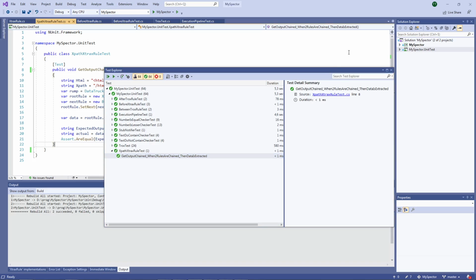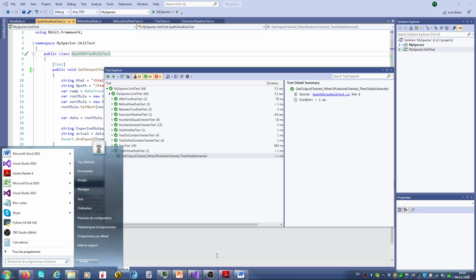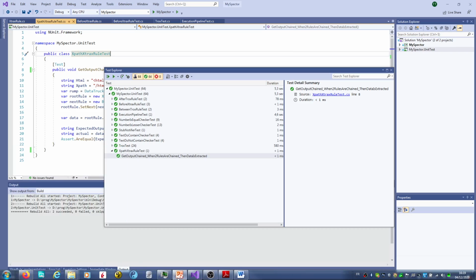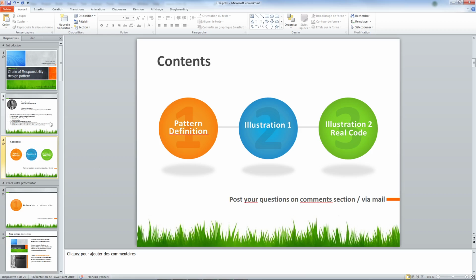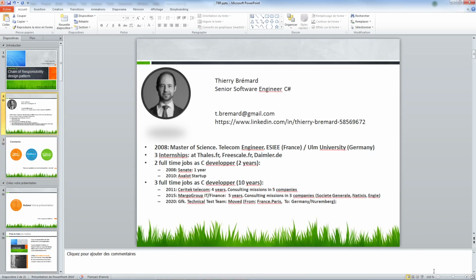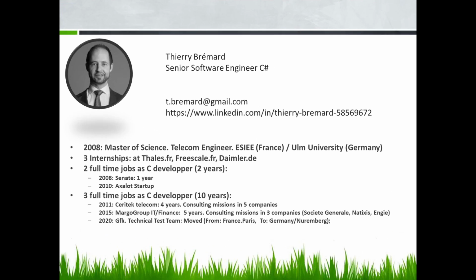So I wanted to present this design pattern, and I think a lot of people are not aware of this powerful design pattern. I have worked in some missions, and for one application there was not this design pattern, and I think it could have been used. For example, you want to get a price and you have different price providers.